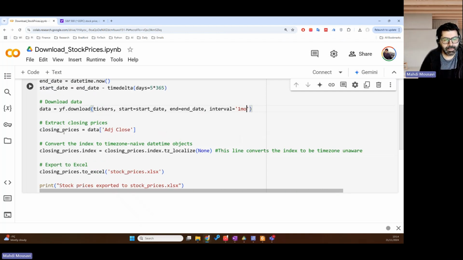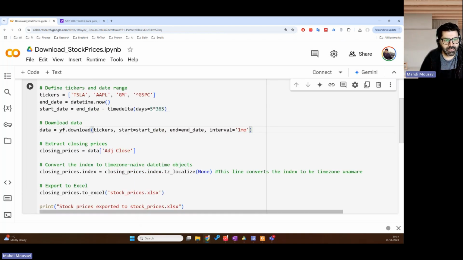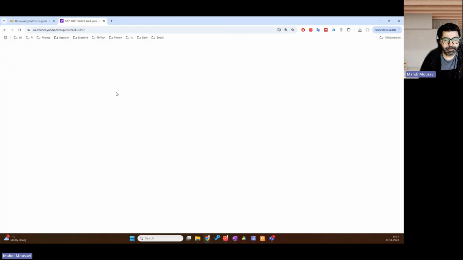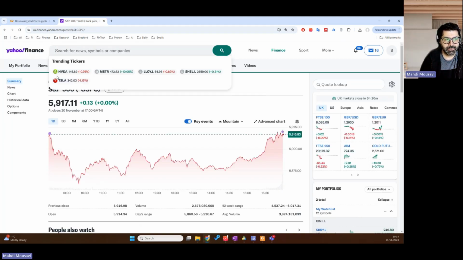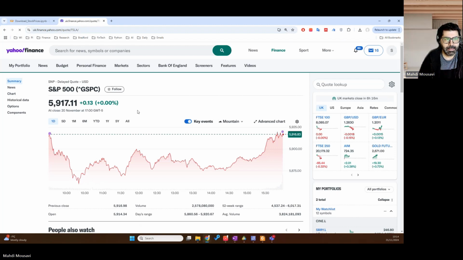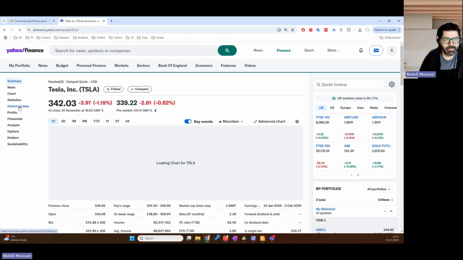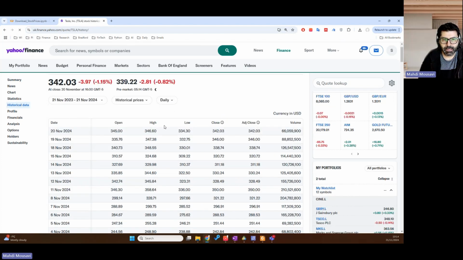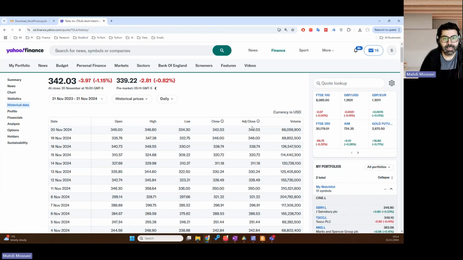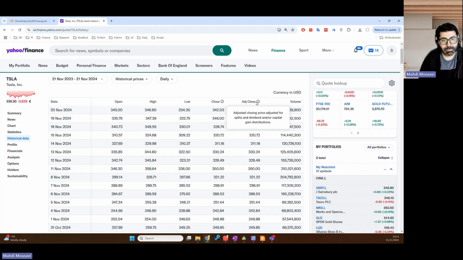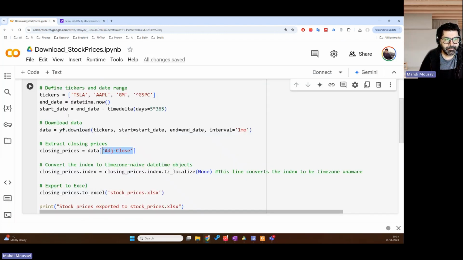Also, this piece of code just downloads the adjusted closing price. If you look at Yahoo Finance, let's go back to Tesla, for example, and look at historical data. You have different codes here, including open, high, low, close, and adjusted closing price. We are interested in adjusted closing price because it takes into account dividends. So just by clicking and executing the code here,